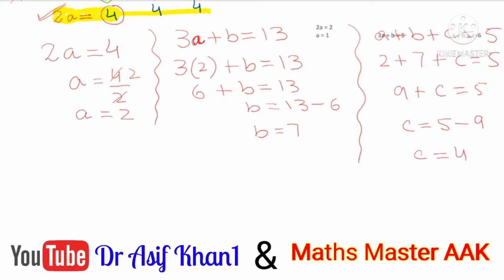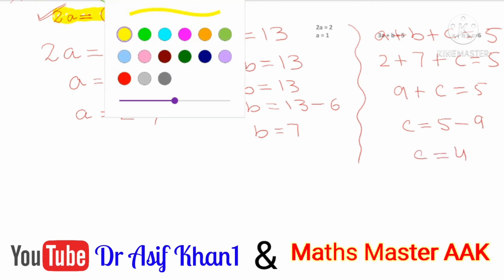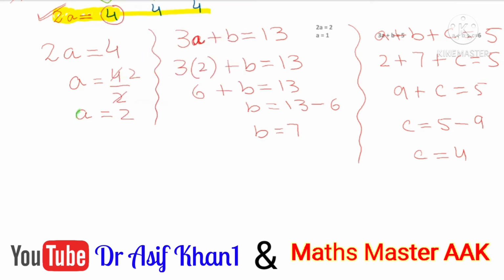So now we have successfully found all the values of 3 variables A, B, C. This is the value of A, that is 2, the value of B, that is 7, the value of C, that is minus 4. तीनों की हमने वैल्यूज़ मालूम कर ली A, B और C की सिंपल अलजेब्रिकल मेथड्स के ज़रिए.